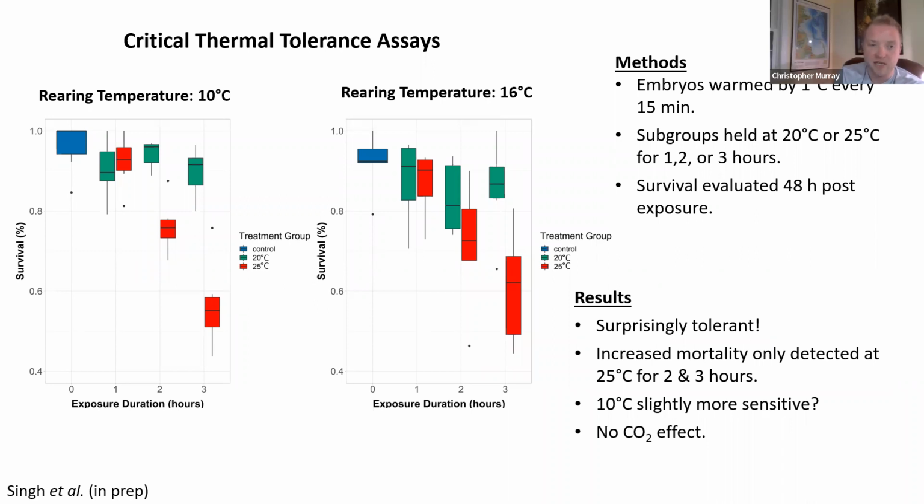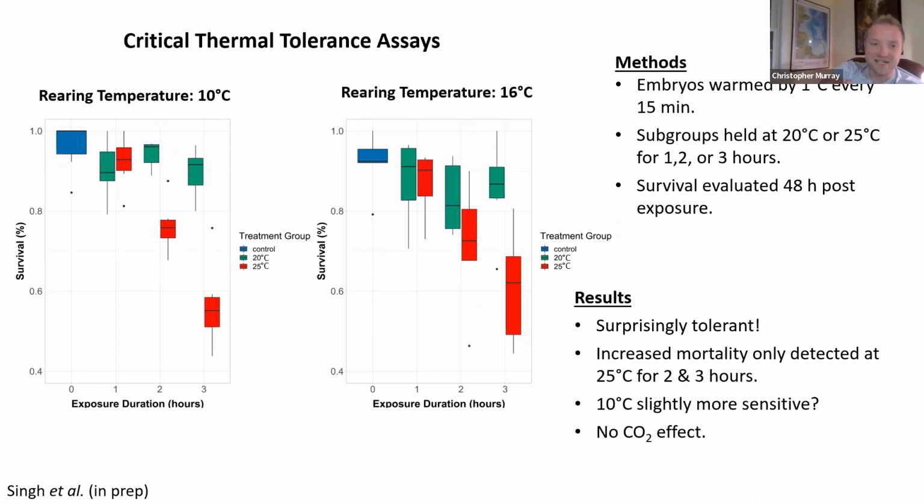And this mimics how embryos will be exposed to acute temperature stress in the environment. So imagine a really extreme nearshore heat wave. As the sun sets, temperatures might drop. As the tide rises, temperatures might drop. But still, embryos might be exposed to these acute temperatures for about an hour, maybe 2, maybe 3. So that's what we were looking to get at. But what we found was really some surprises.